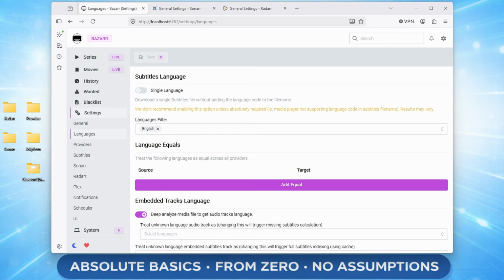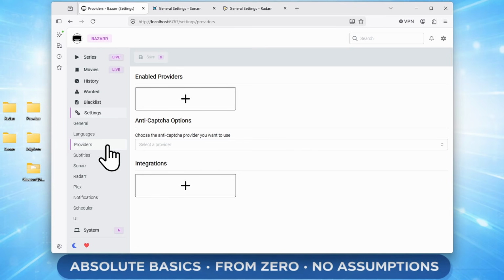Now, Bazarr still needs subtitle sources configured. So head to the Providers section, right underneath Languages, and now we'll need to enable the subtitle services you want to use. And if any of them needed an account to log in, you'd need to enter that there. For this setup, I'm going to use Open Subtitles. So click the plus on Enabled Providers